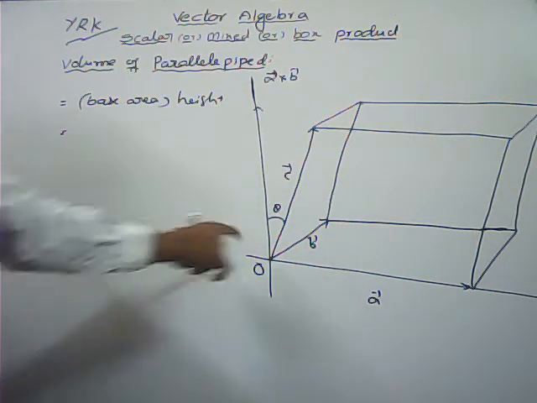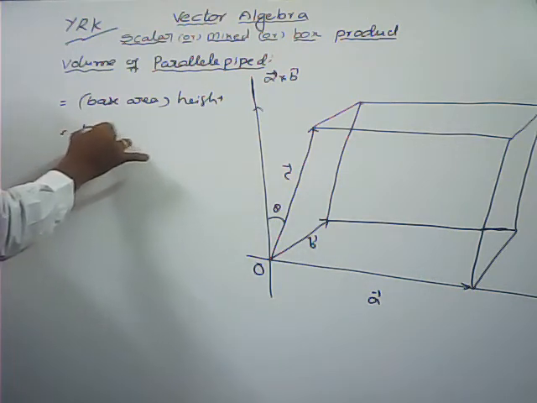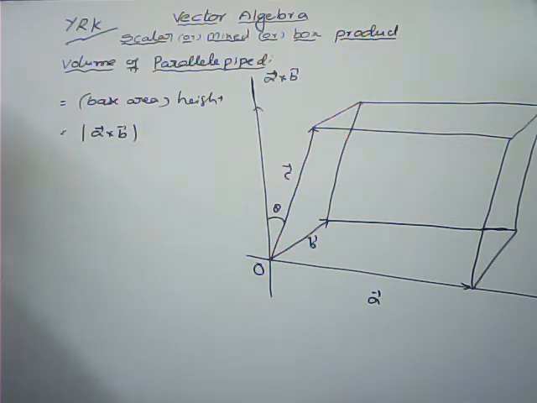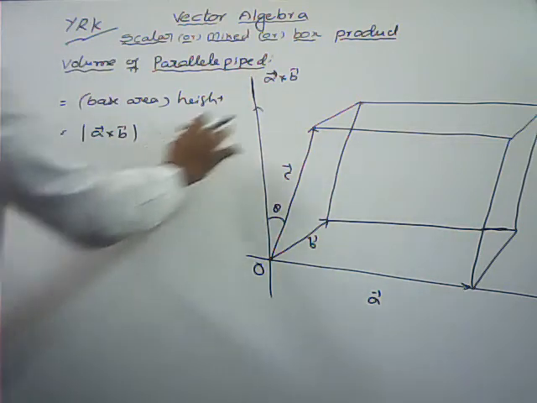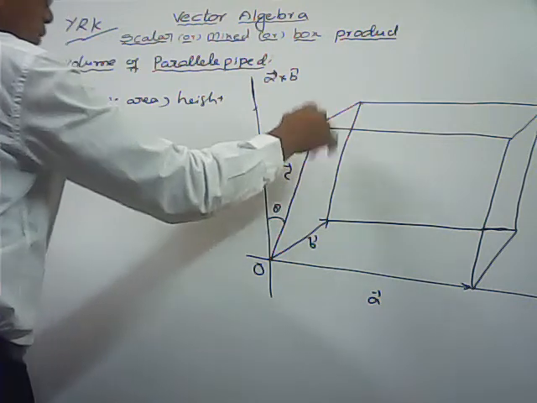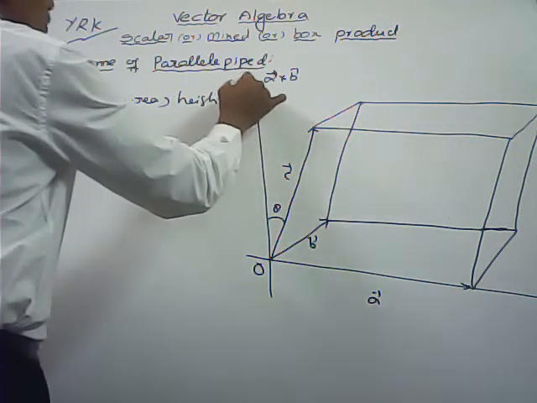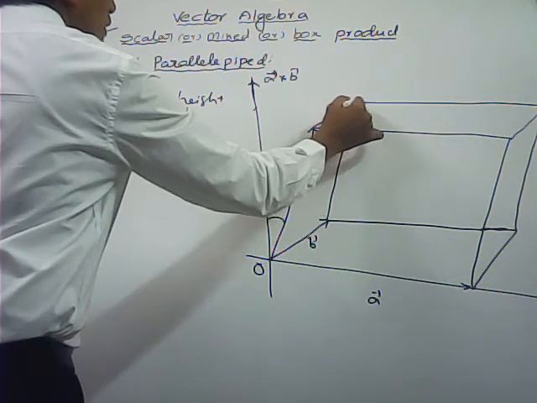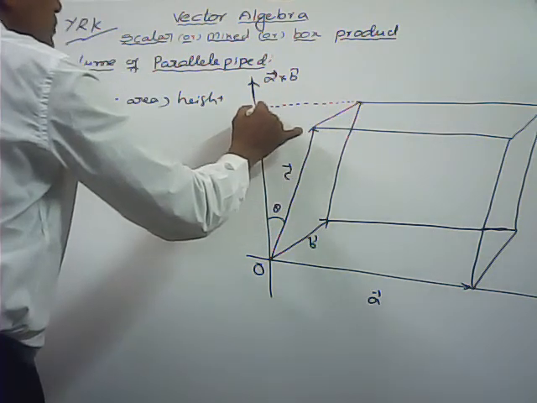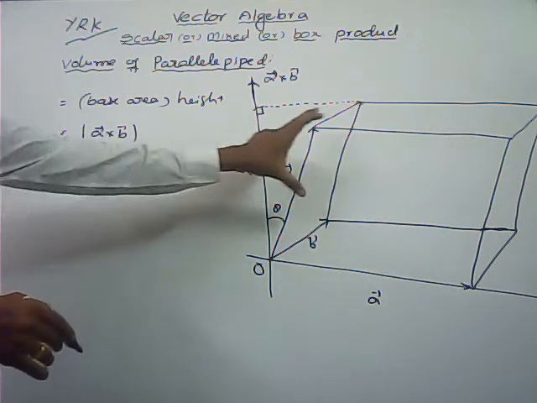That is equal to, here base is parallelogram. Area of the parallelogram is modulus of A bar cross B bar. This is already we discussed in the previous class. What is the height? Whatever the total height of the parallelopiped. If I put the height in the diagram, maybe a little bit of confusion is there. That's why this is the total height. From here draw a perpendicular to A bar cross B bar. So this one I am considering height only. This is the total height of the diagram, parallelopiped.